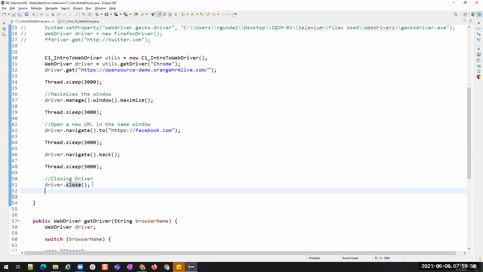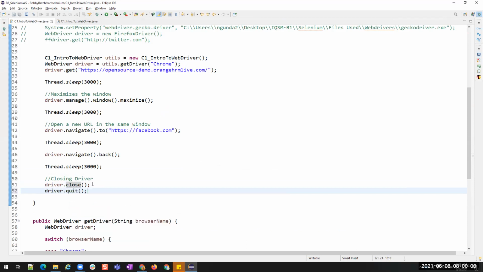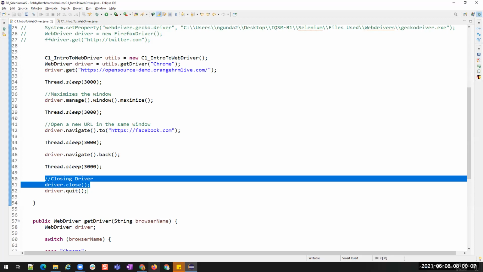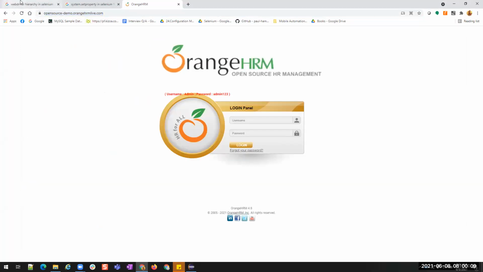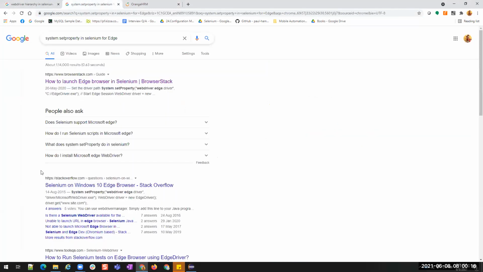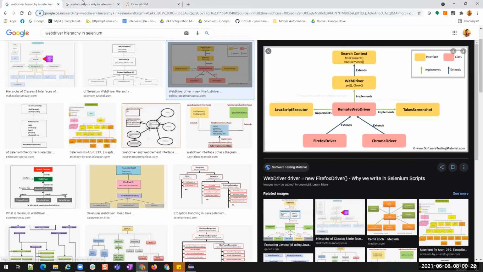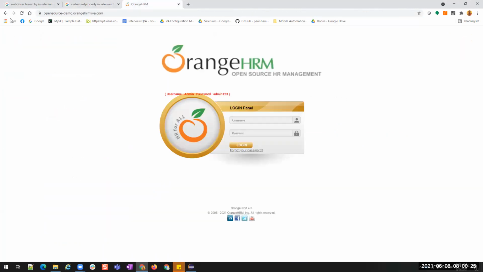Okay, and we have another method called driver.quit. The purpose of close and quit is almost the same, but suppose we are opening this browser. Let us assume that we are working on this URL. When I clicked on some of the links, it opened this window. And when I clicked on some other links, it opened this window. Okay, this is window 1, this is window 2, this is window 3. Now, my driver is on this window.